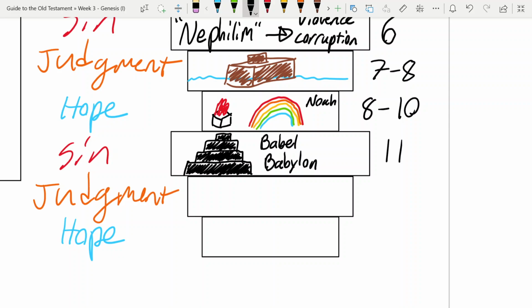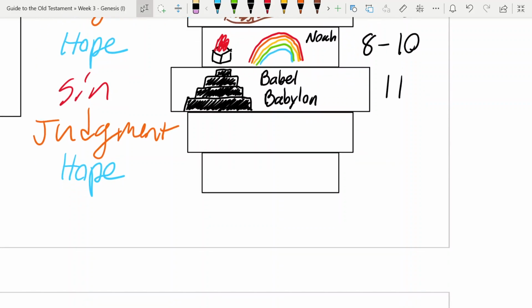And in the Babylonian language, Babylon means the gate of heaven, which kind of makes sense with this story as they're trying to build their way up into heaven. But in the judgment story, we get this kind of play on that name, because what God does is he takes these builders and confuses their language so they can't talk to each other anymore. They're all speaking different languages, and it makes a pun.